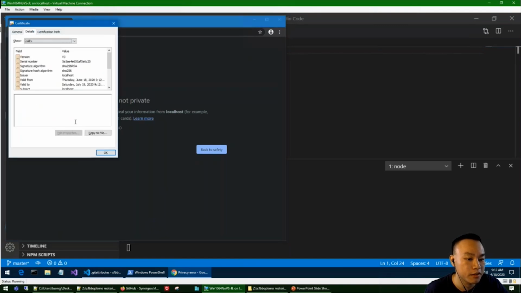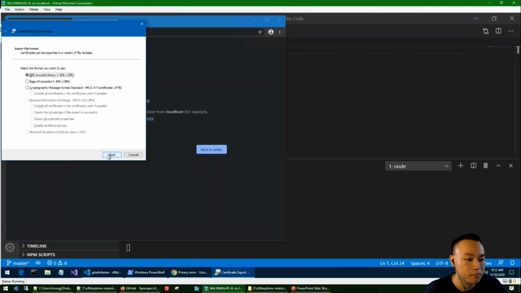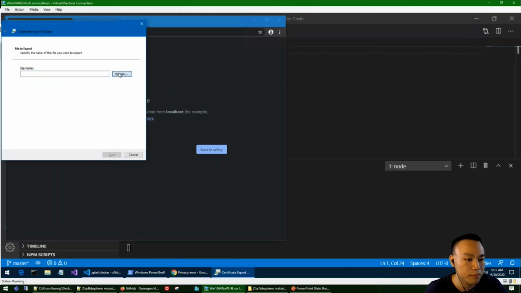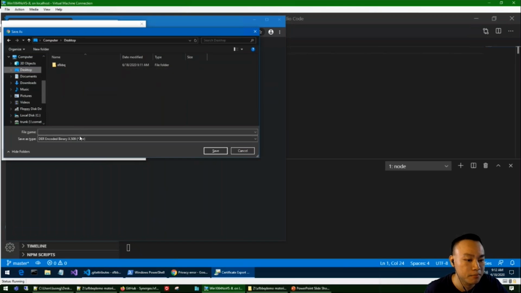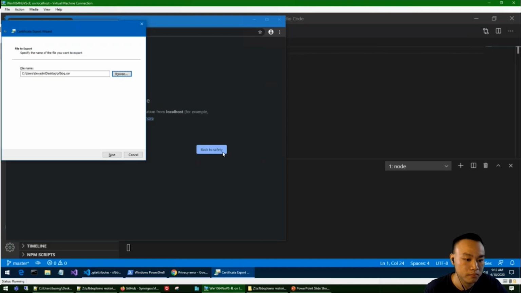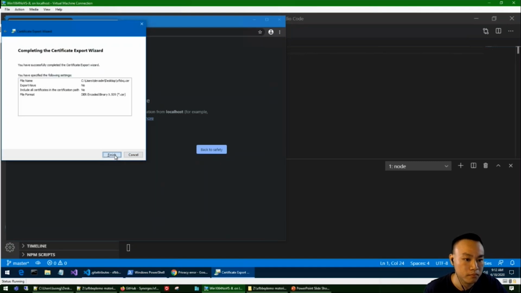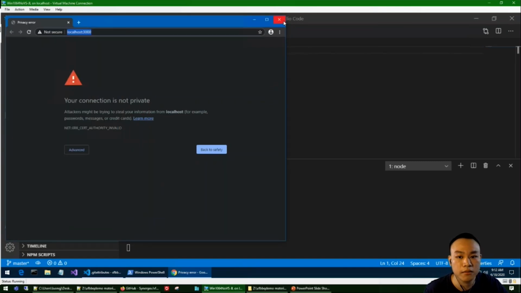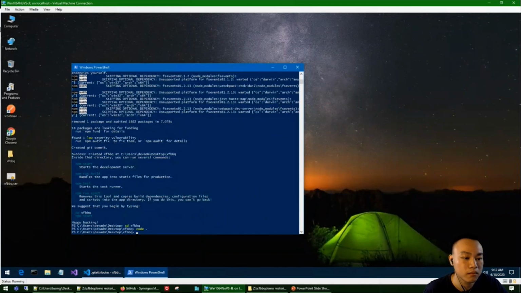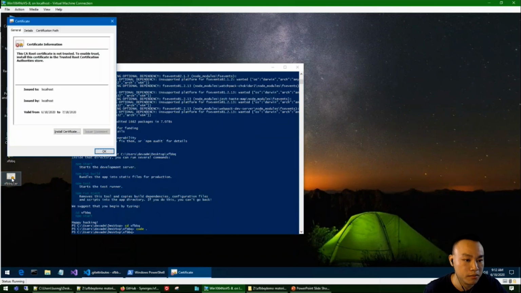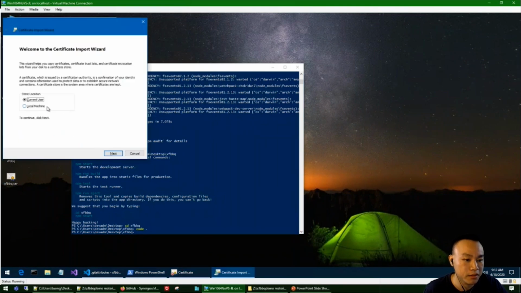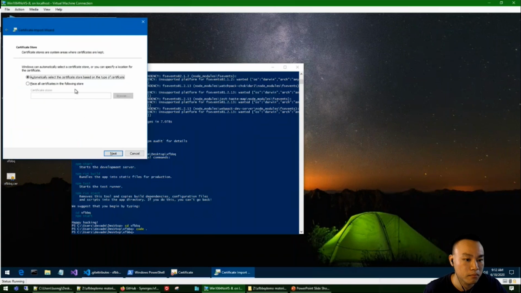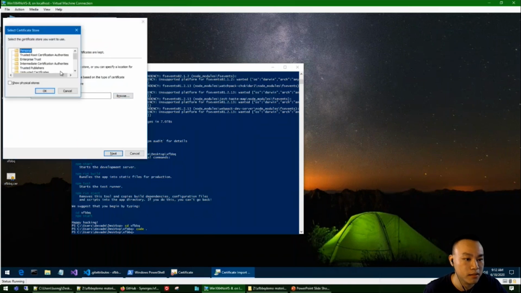I'm going to click certificate, details, copy the file. Just going to copy it to the desktop. Okay, and then I'm going to close this. Going to open it, install certificate, and place it in the trusted root.